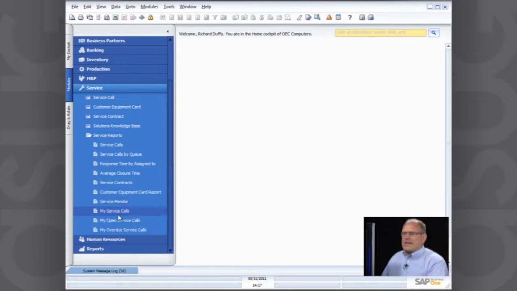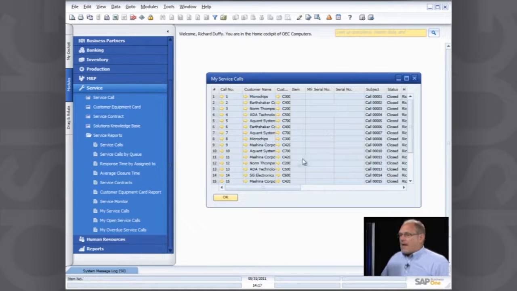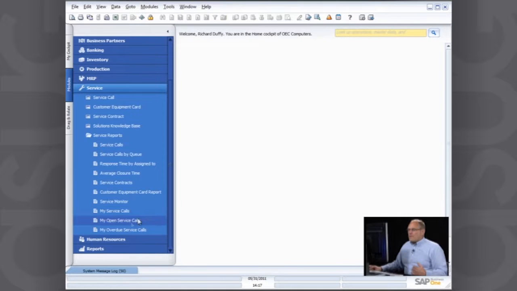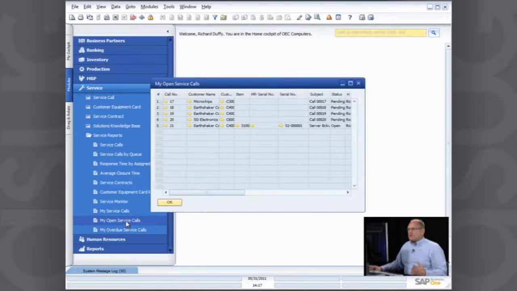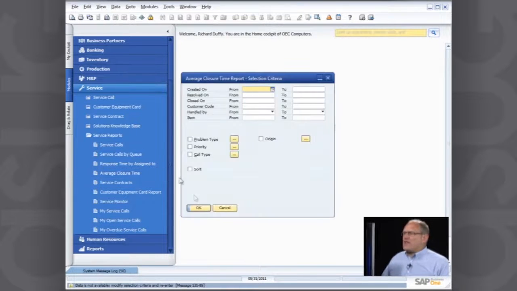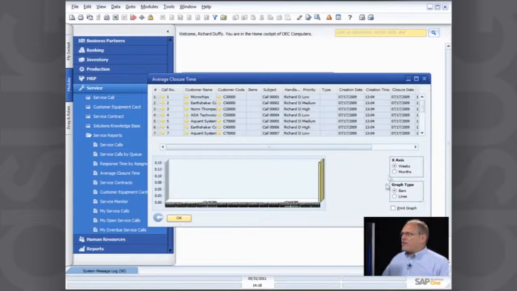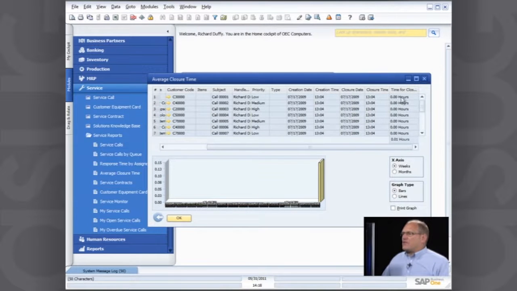You can also quickly and easily get a view of all of your open service calls that you're managing, and you can view all of just your open service calls. You can view your overdue service calls, and I'm kind of lucky because I don't have any overdue service calls right now, so I'm doing well. Other reports you can see as well, things like average closure time. How long is it taking you to close your service calls? The kinds of things that you would need to be monitoring. The time for closure,